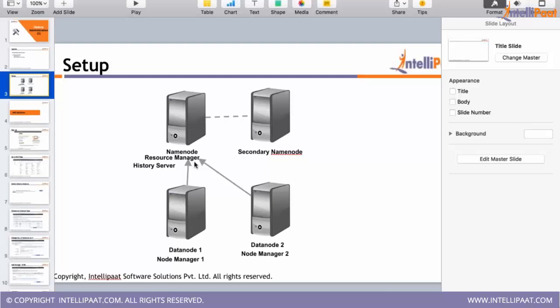That is called passwordless SSH, which means that from the name node I will be able to log into any of the other three machines without giving a password for SSH. That allows the name node to start the daemons on these machines, and it will be easy for installation. For doing that, we will follow these steps.